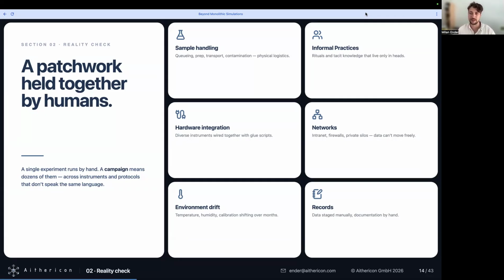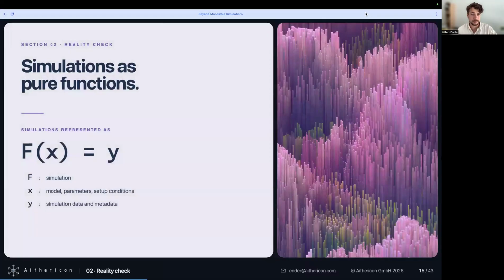Most often there are some IT challenges to overcome, and reproducibility is not always a given. So sometimes you just have environment drift, hidden parameters that you don't record properly. And yeah, with that, you also might have other data that is not recorded properly, and this prevents you from drawing the right conclusions.